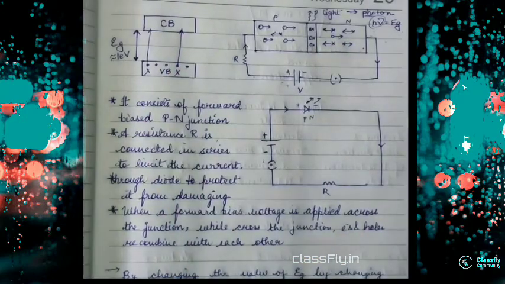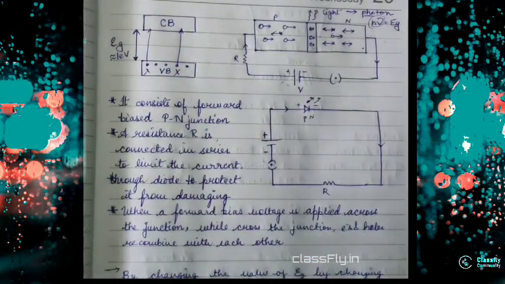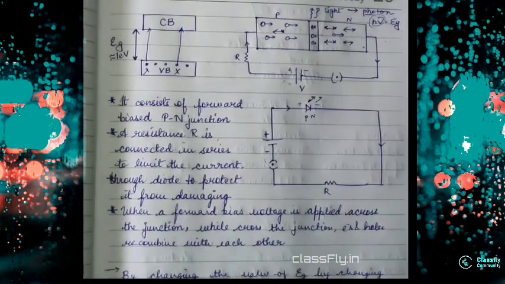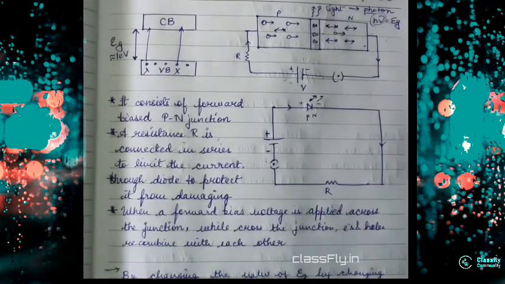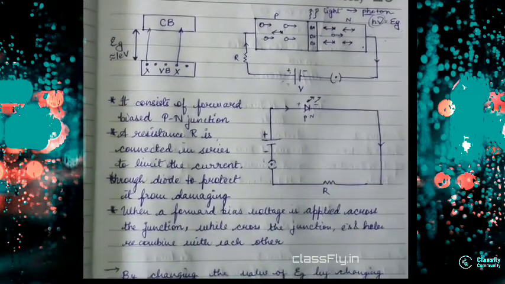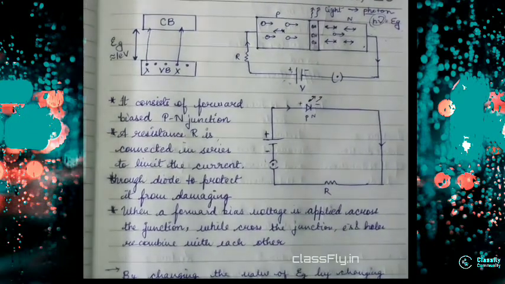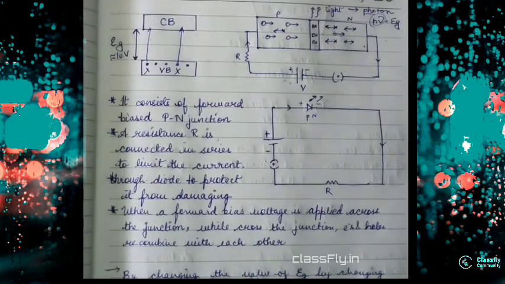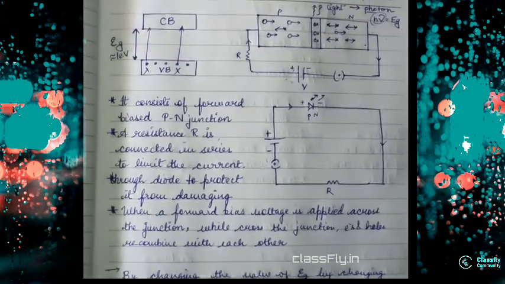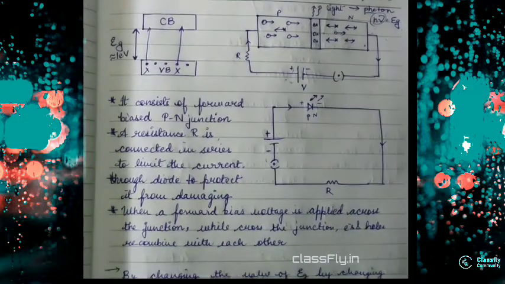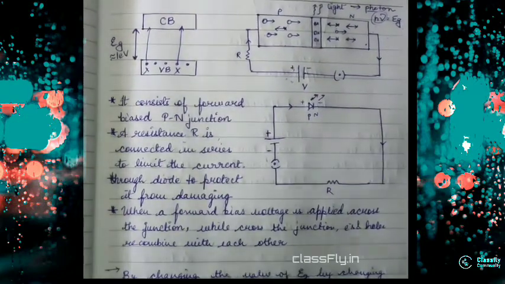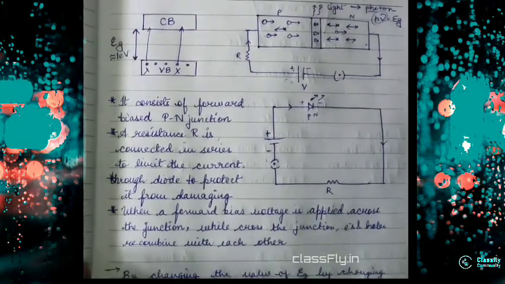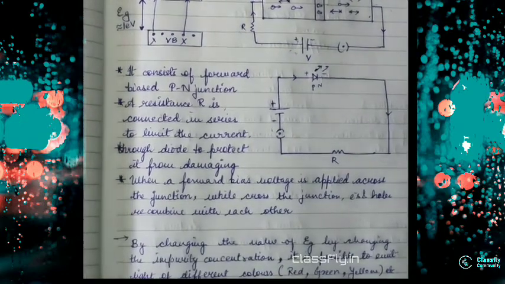So basically what we studied today is that a photodiode converts light energy to electrical energy, and a light emitting diode does the vice versa, that is, it converts electrical energy into light energy. In a photodiode we have the PN junction in reverse bias condition, whereas in the light emitting diode we have the PN junction in forward bias condition. So we have gained clarity on these two topics of optical devices, and I hope all of you understood today's lecture.